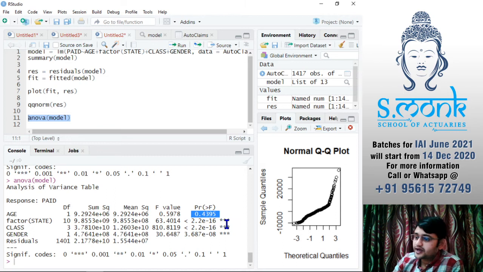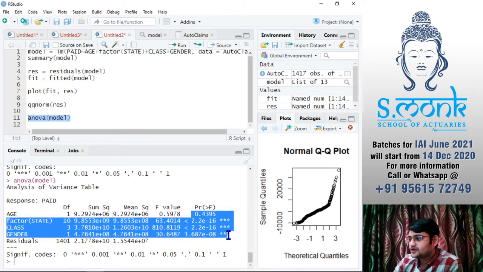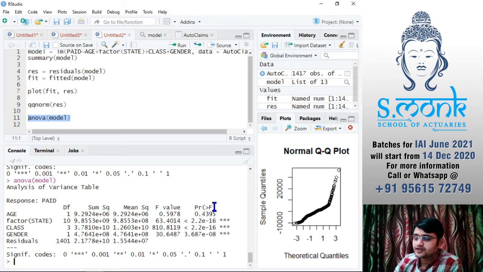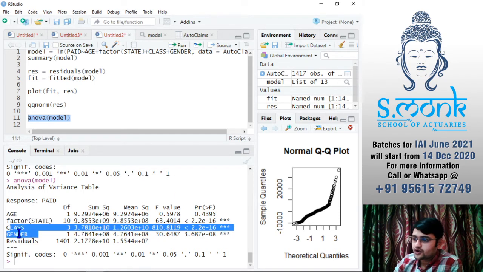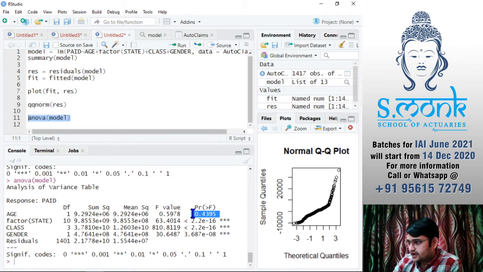Okay, so just by looking at this you can talk about the significance of each of these variables. Again, just look at the p-values. They are always checking whether the coefficients of these variables are 0 or not. For that p-value, we have a very large p-value, that means most likely age is not significant. If we have very small values, then clearly they are significant. You can see the stars here.